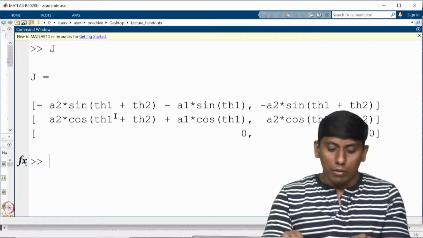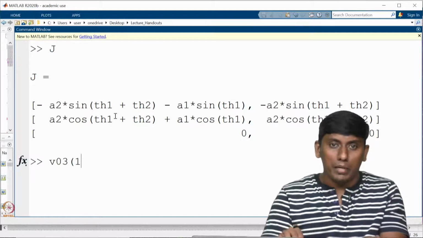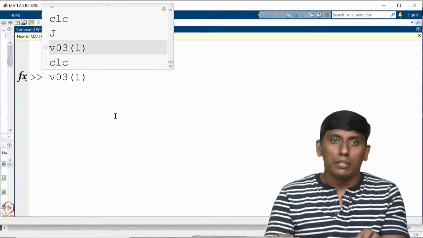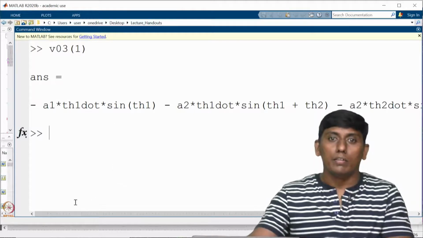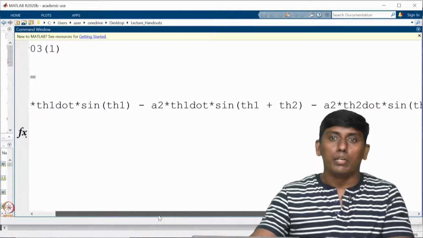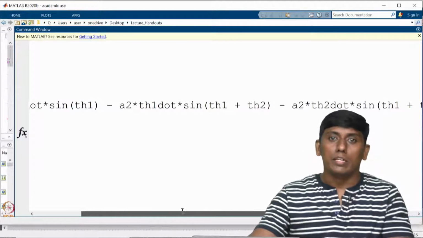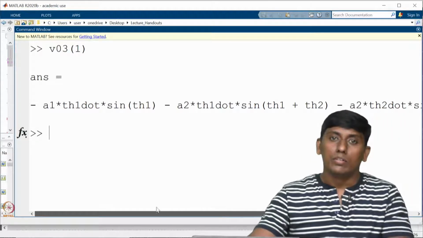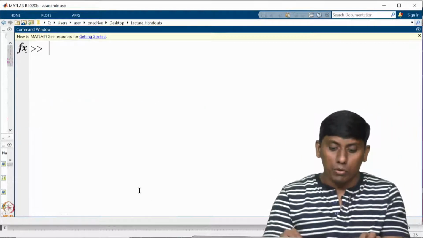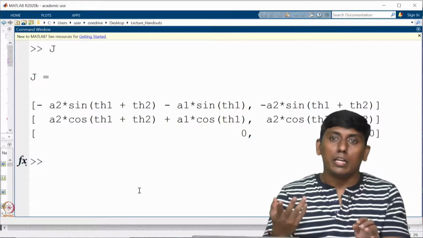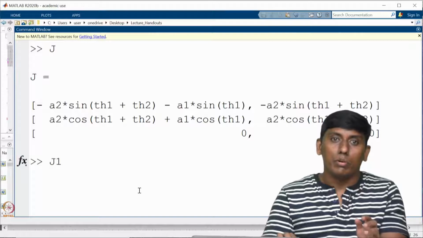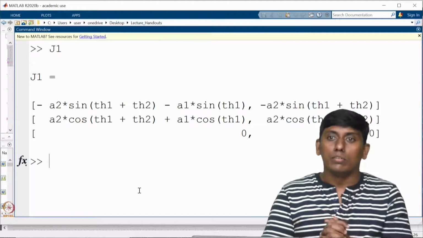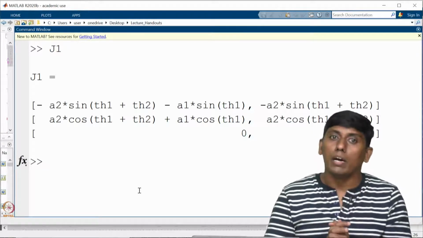So in that sense I want to show this is the first component. Okay. So I will just mark it, this is the first component. You can see the first component has theta 1 dot in 2 places, right? Theta 2 dot is in 1 place, right? So that is what we see as a Jacobian. The same thing you can expect in J1 with the partial derivative also. So that is what we have obtained, right? So you can see this is also the same case as what we have seen.